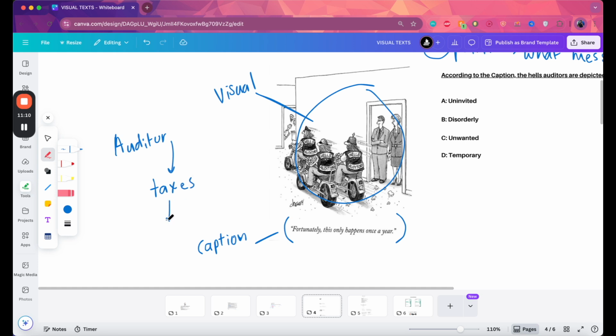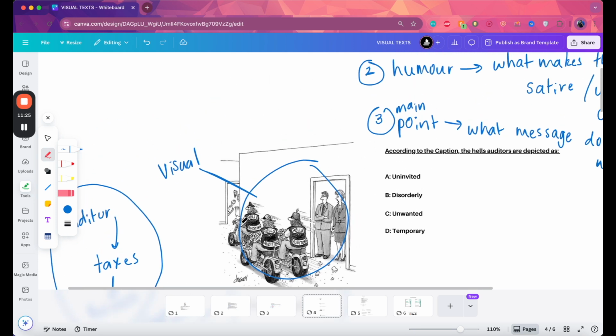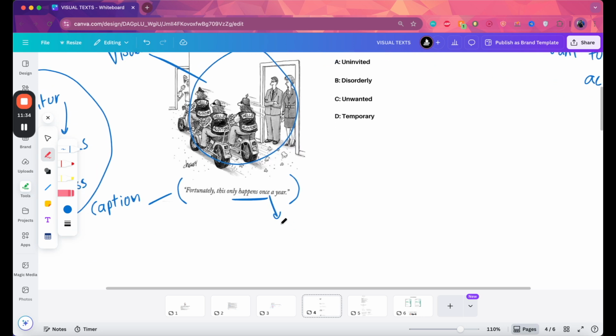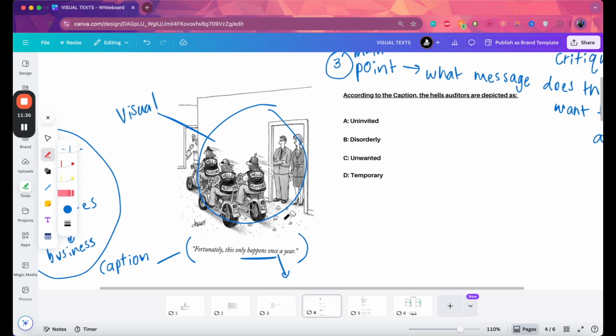So, taxes slash auditor, taxes, basically business in general. So the issue is some sort of thing about auditing or taxes or business. The humor mainly comes from the fact that they say this happens only once a year. And since they say it only happens once a year, well, I guess the humor is that, plus the fact